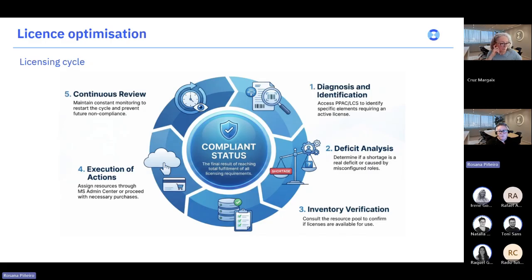This is perhaps the most important step in the cycle and is the one that will have the greatest impact on cost reduction. Here the goal is to determine whether the lack of licenses is actually real, or whether it's down to roles with excessive permissions that users do not really need because they're not even using those sections.